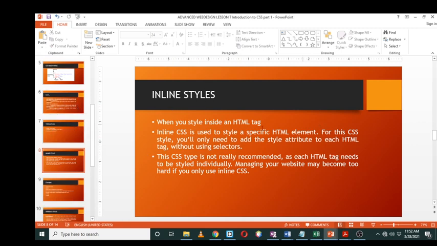Now the inline style is when you style inside an HTML tag. All right, I hope you understand this. Inline style is when you want to style inside an HTML tag. Now, inline CSS is used to style a specific HTML element. For this CSS style, you only need to add the style attribute to each HTML tag without using a selector. So if you are using inline, there's no need of you putting in a selector because you are already within